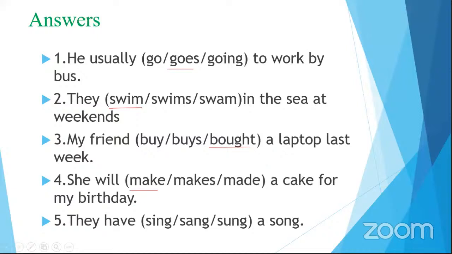She will. That is future simple. When you have will, after that you will have to select what? You will have to select a verb which is in the base form. She will make a cake for my birthday. Future simple. We have to understand this. You have to have this basic knowledge to go to my lesson. That's why I have included this warmer at the initial stage. Okay, let's look at the fifth one.